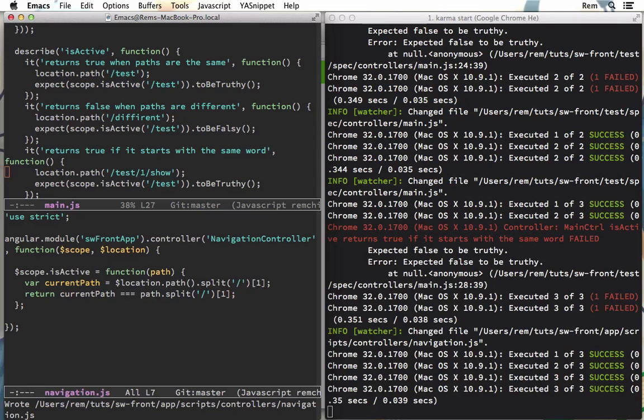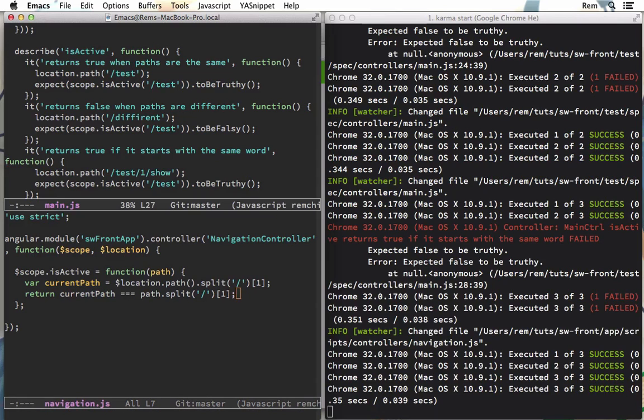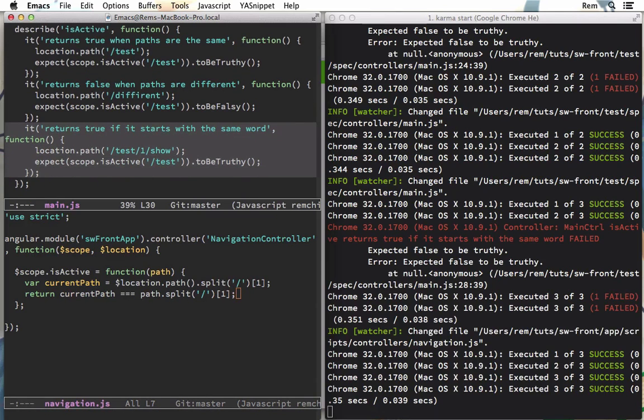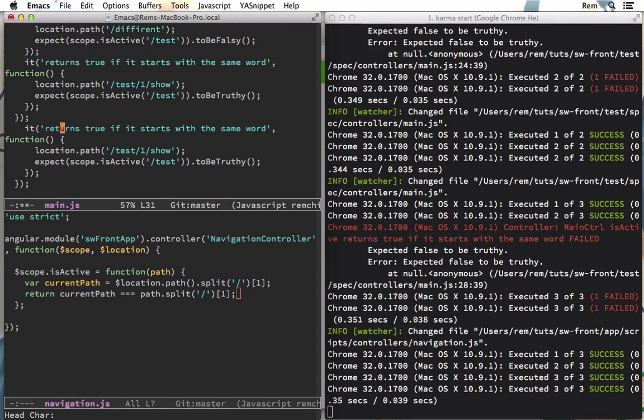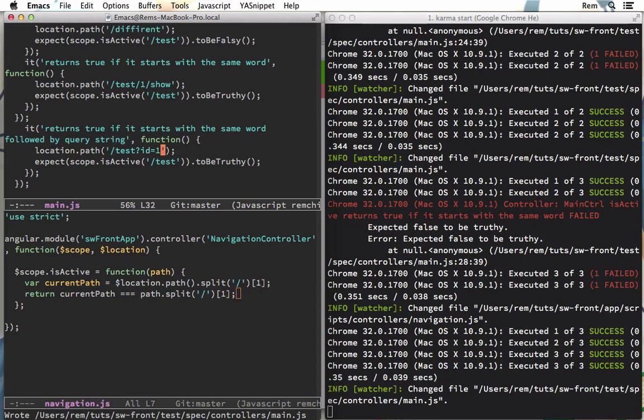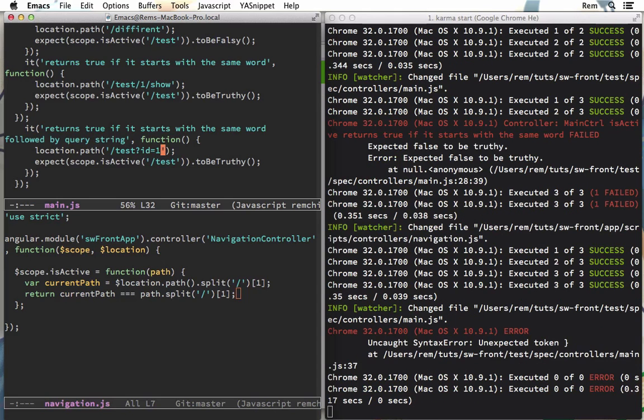So let's have a look by creating a new example. So I'm going back to our test. I copy this thing here, and we're going to make it like it returns true if it starts with the same word followed by query string. And what I mean by this is that we have the current path like this, test, and then for example ID 1. Okay, so if we save it, of course we fail, so we go to implementation,